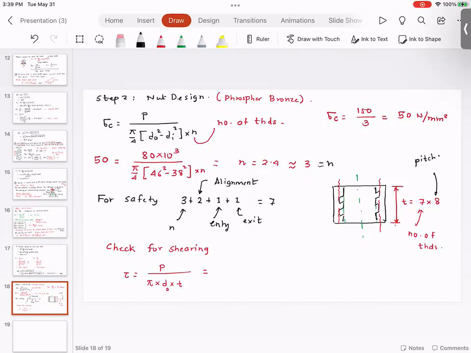And then you are going to have basically half of the threads in contact. So this will be T divided by 2. So 80 into the power 3. Okay, because if you look at the whole thread,